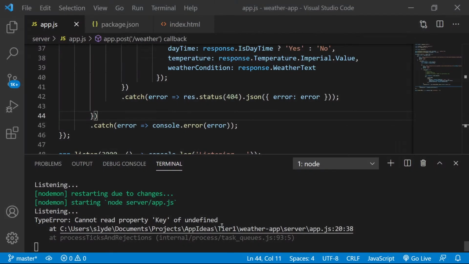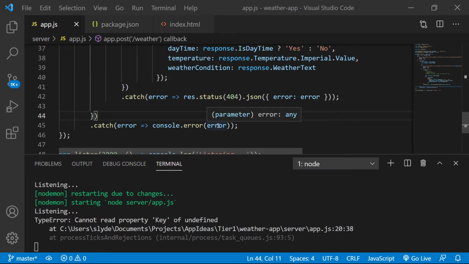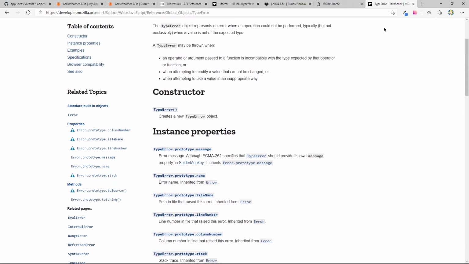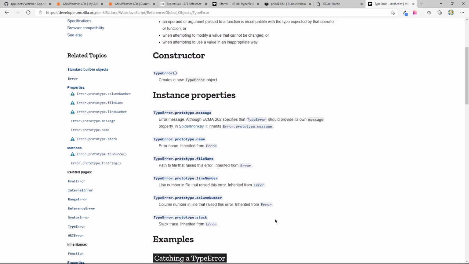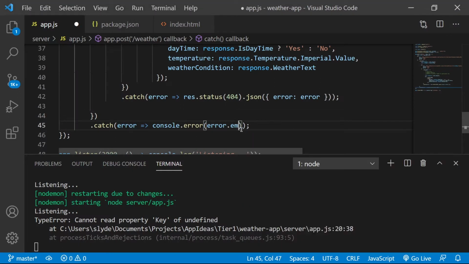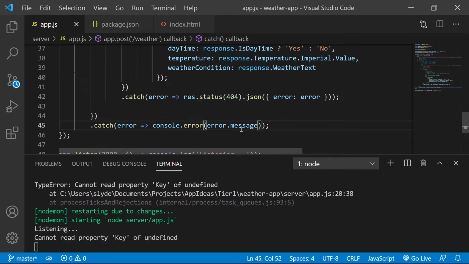Okay, back to the code, type error. Okay, so if this is a type error, that's the thing that's actually being printed. Let's go back to here. We know that the properties here are message, so that looks like it can be helpful. Let's go back to our code and see if we can just print out error.message. Okay, cannot read property key of undefined. So now if I respond, let me just copy this whole thing again, put it in here. So the response error is going to be the error.message.